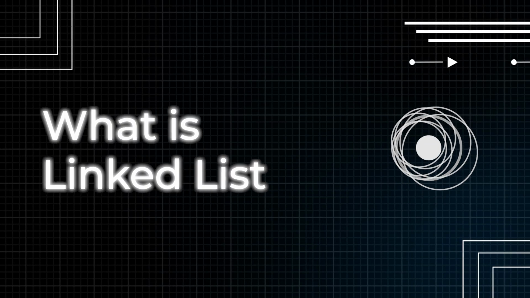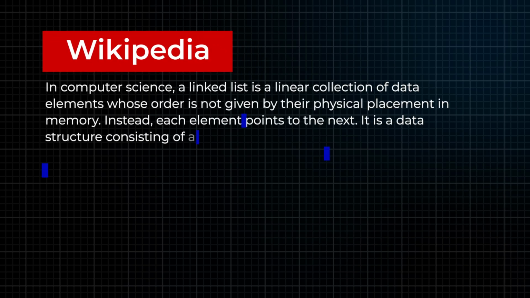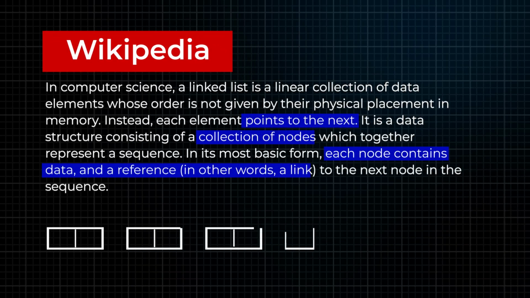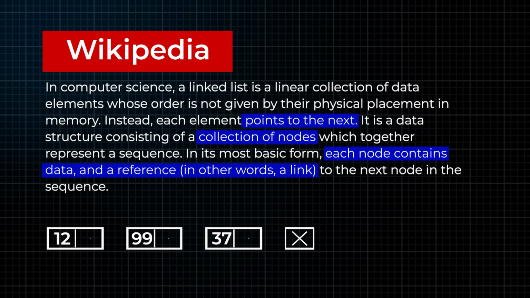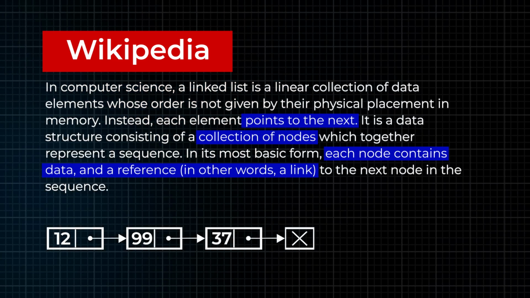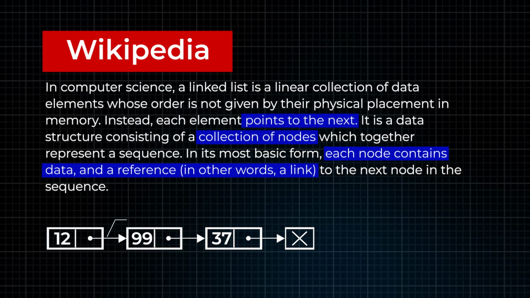First off, what exactly is a linked list? According to Wikipedia, in computer science, a linked list is a linear collection of data elements whose order is not given by their physical placement in memory. Instead, each element points to the next. It is a data structure consisting of a collection of nodes which together represent a sequence. In its most basic form, each node contains data and a reference, in other words a link, to the next